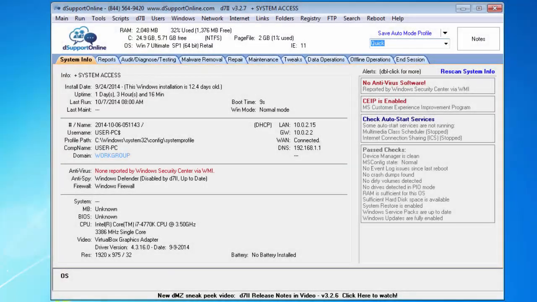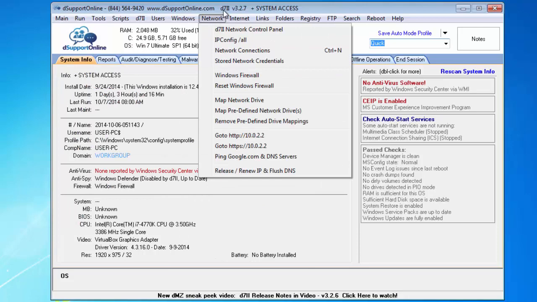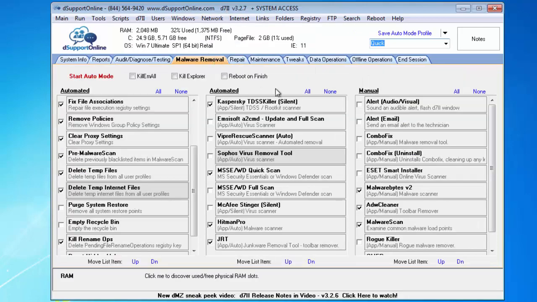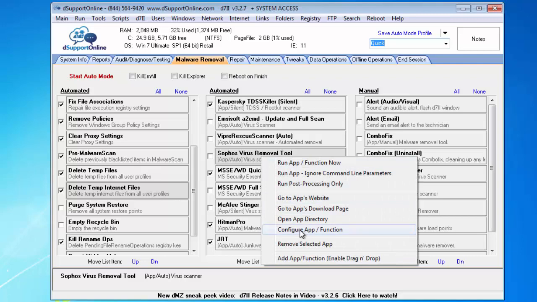I want to show you one last option to run some apps in the system account, and this way you can run only apps in the system account and not D7.2 or not every app that D7.2 launches. So for example, if you know one particular app runs well under the system account, you can just configure that app to run under the system account and nothing else. And we would do this by going to config, or if, for example, you have an app out somewhere, like this app for example, you can go configure app function,